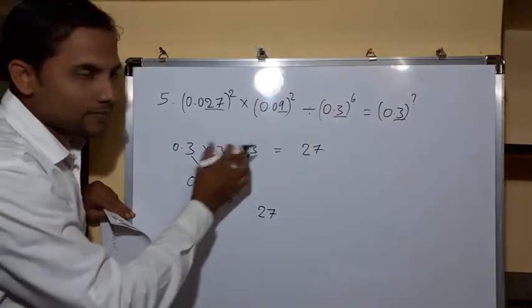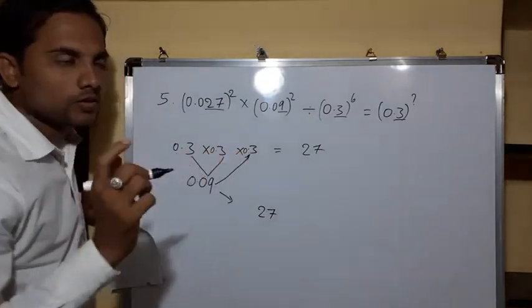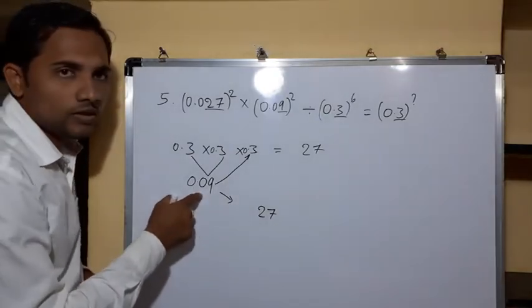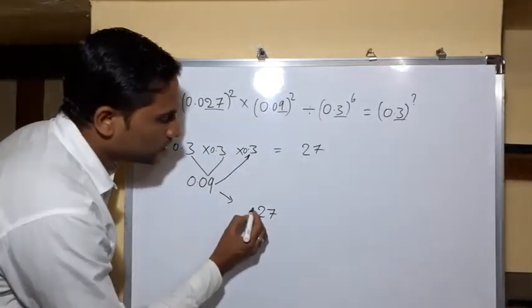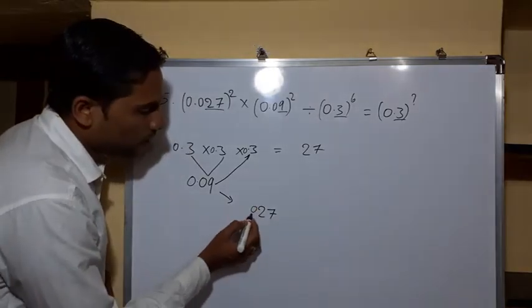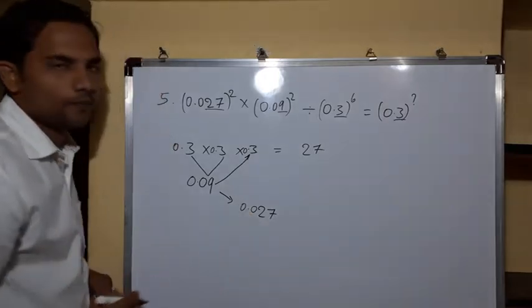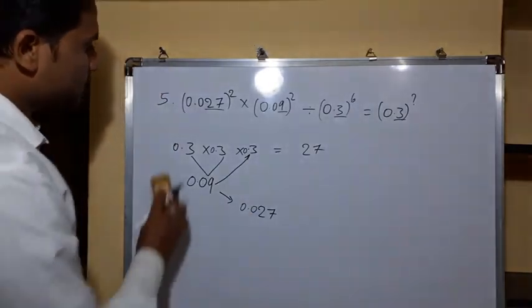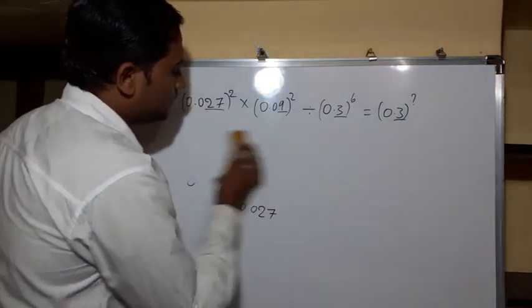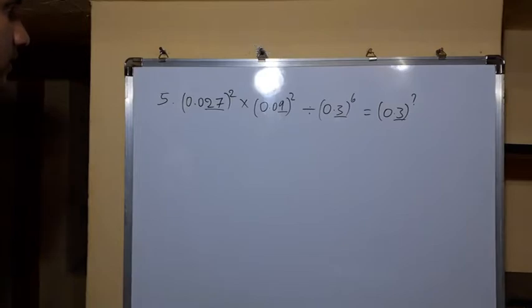You have to add the decimal numbers, right? 1, 2 and this is 3. So the decimal point should come before 3 digits, right? But here only 2 digits are there, right? So put one more 0. 1, 2, 3. 3 digits are there. You put a decimal point here and put a 0. Understood friends how to find decimal numbers? It's very easy, right? You only need a little bit of practice, right?